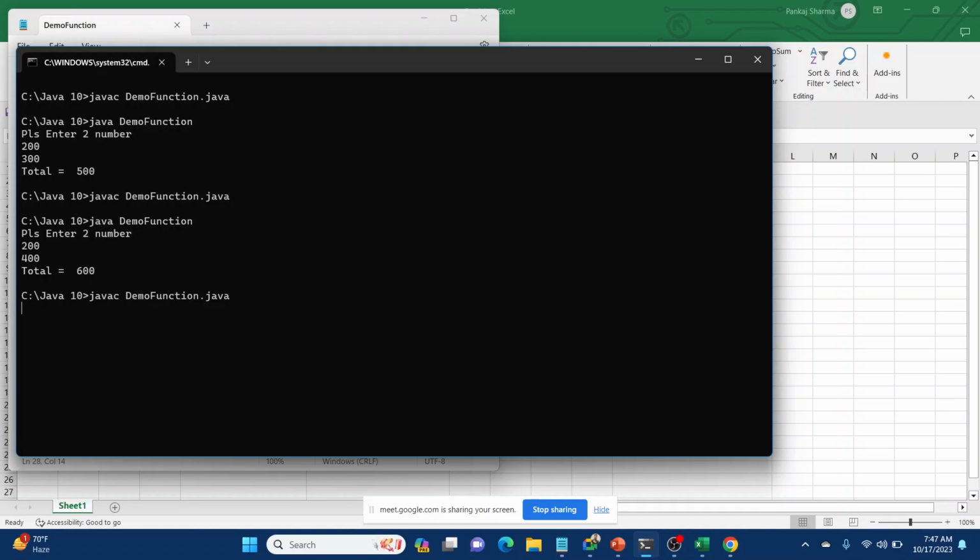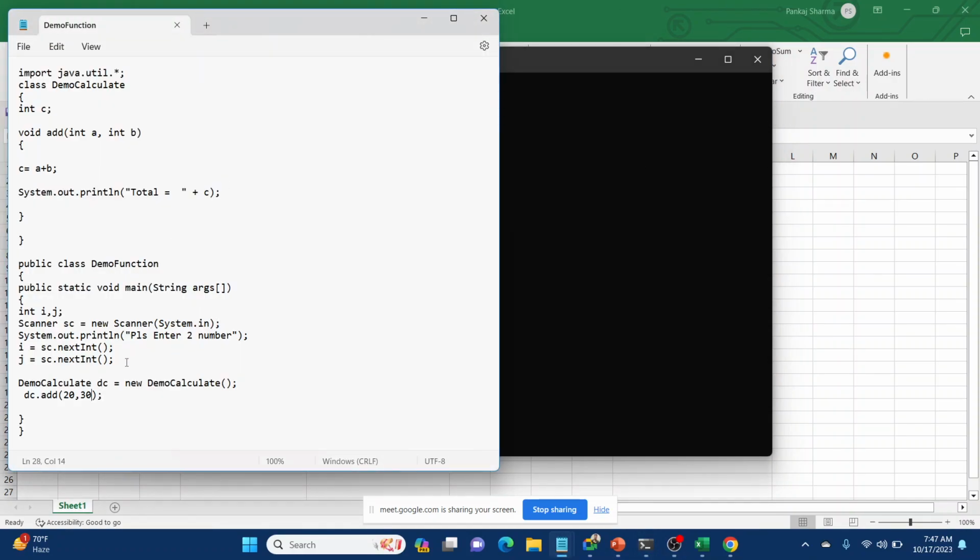So javac, it will take any number, 200, 500, but it will print only 50, because we have passed the 20 and 30. So total is 50. So we have passed the constants. Now we can pass our values. Okay, we can pass i and j, but two integers. It should not be 3, it should not be 1, it is two integers, because i value will go and store in a, and j's value will go and store in b, and then we will do the calculation part and we'll print this part. So this part is known as the no return type with parameter.